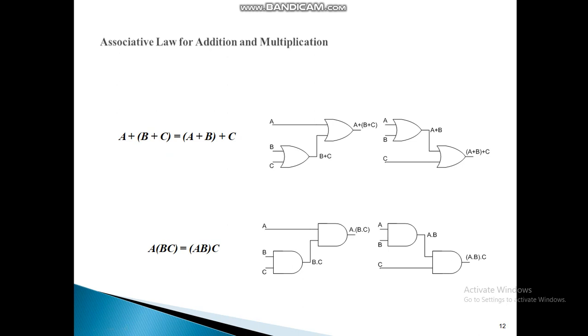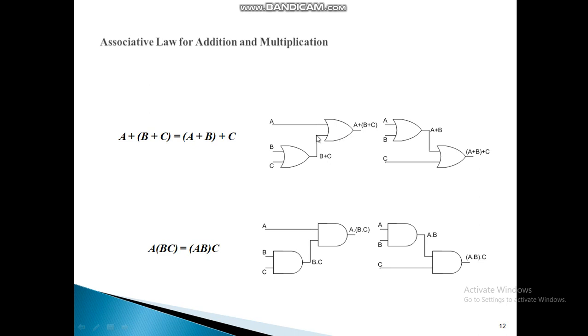Now the associative law for addition and multiplication through logic gates. Here A plus (B plus C) is equal to (A plus B) plus C. On the left side, first we add B plus C, so we apply an OR gate. First here B plus C. The result of B plus C is added with the value of variable A in a second OR gate,